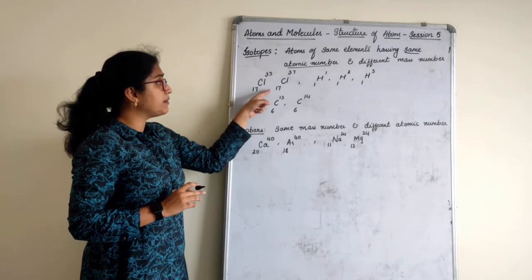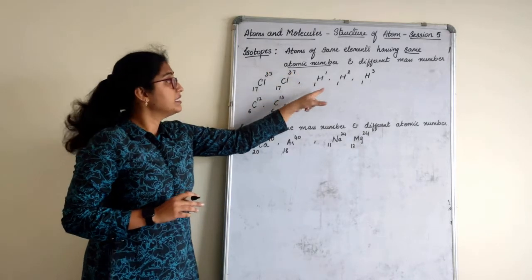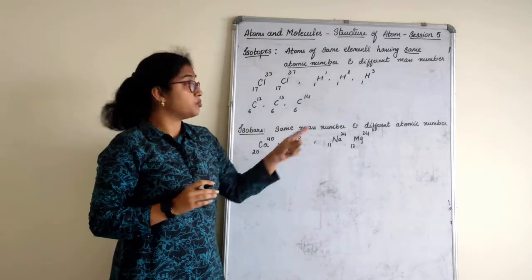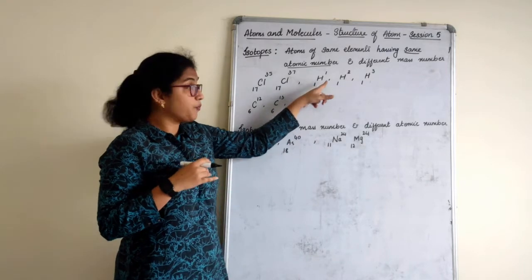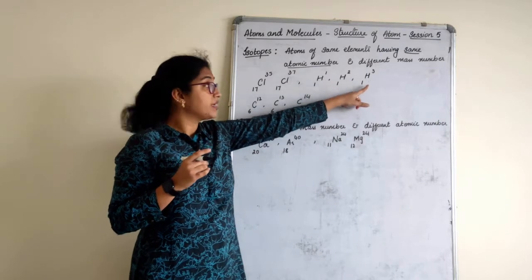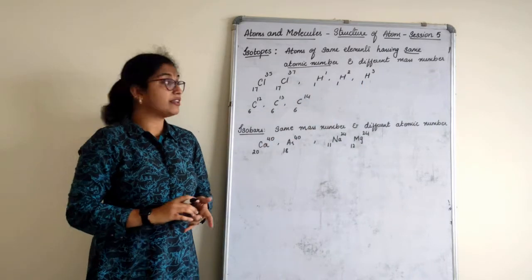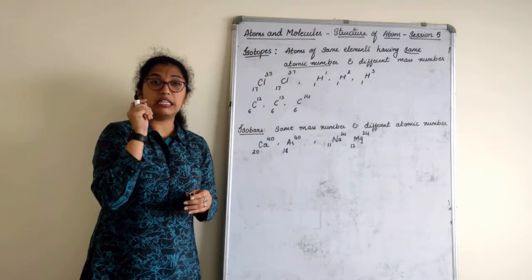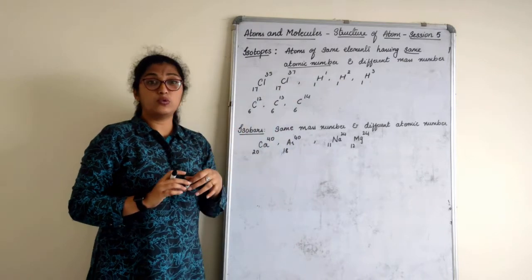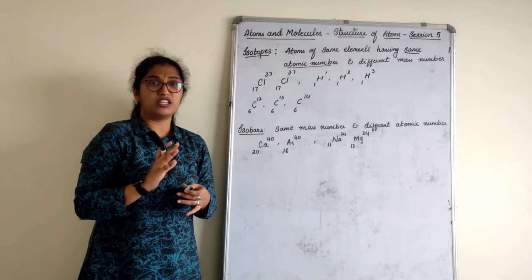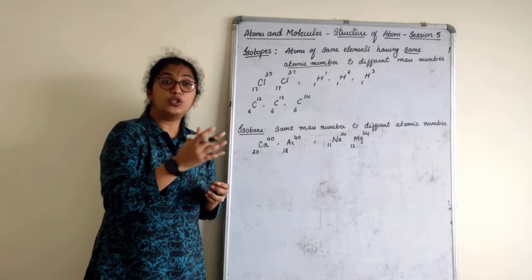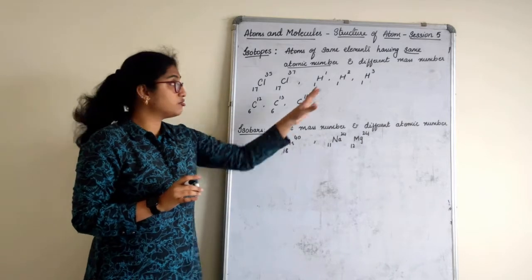Look at the chlorine atoms here. They have the same atomic number but their mass number is different. Hydrogen has 3 isotopes. Carbon has 3 isotopes. That is hydrogen, this is what we know, right? This is called deuterium. This is called tritium. Now, they are used separately. Hydrogen is used as a liquid fuel in aircraft. Deuterium is used as heavy water. Now, heavy water is not water which is heavy, children. Heavy water is something which is used in a nuclear reactor.